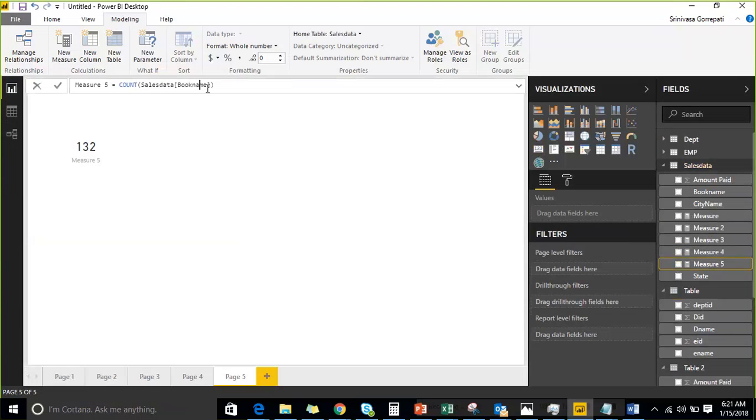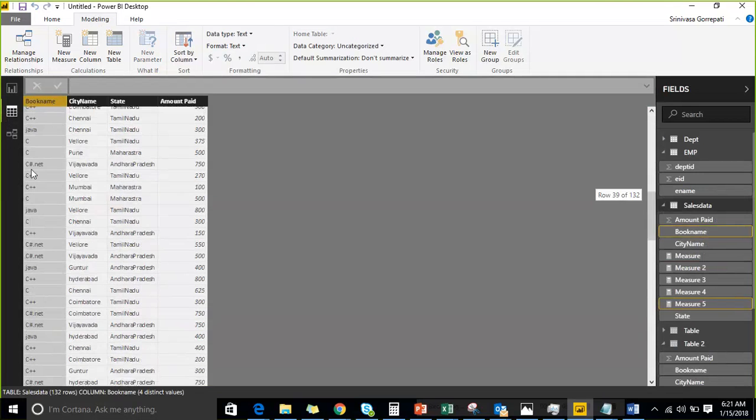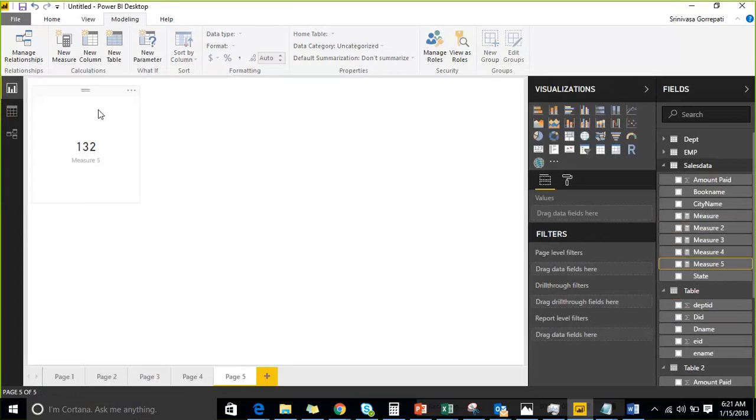So the count of book name, whenever I give a book name, it gives 132. It behaves with some nonsense functionality. Generally the count function evaluates if there is a number. Here the book name does not contain any numbers, yet it returned 132. That will be fine, but the functionality of